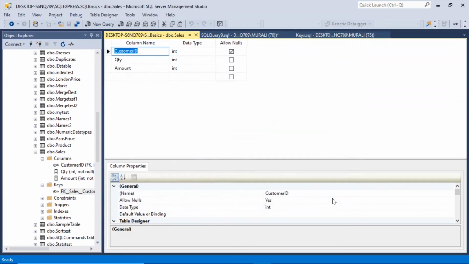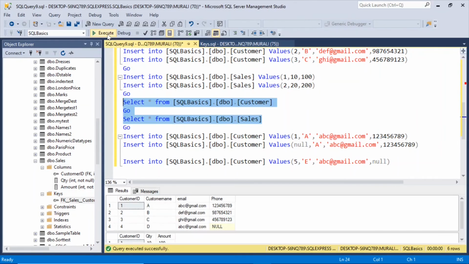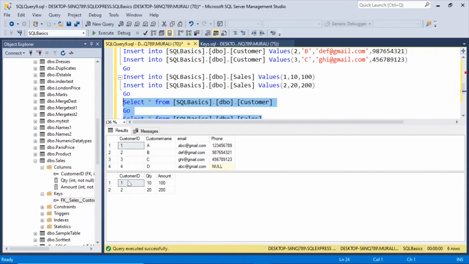So this is the foreign key, and this table, if I select both of them together and drag this up, you have a customer ID here, for which the parent ID is the customer ID in the customer table.